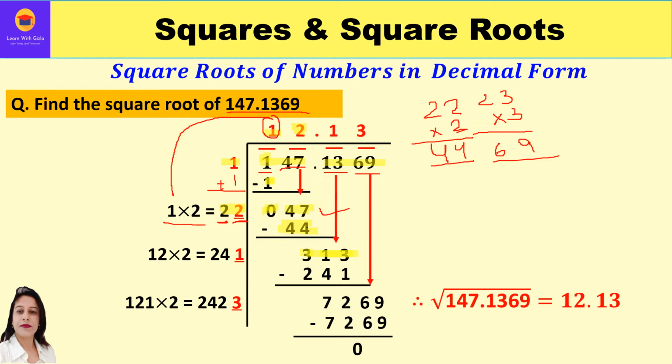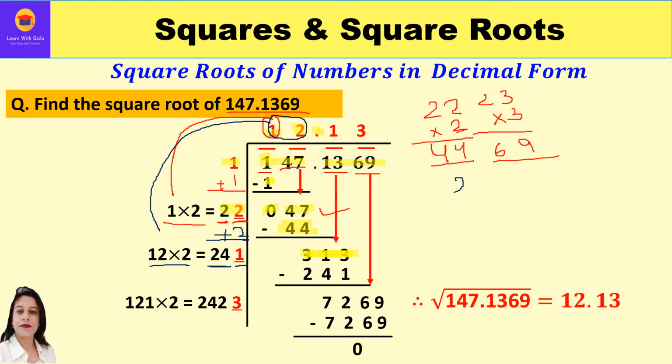Now before we further solve it, we just have to put a decimal point over here in the quotient. Right? After 12 we will put a decimal point. Now to solve 313 we need a divisor. Our quotient over here is 12 now, which we can double. So 12 into 2 is 24. Further keep a blank over here. Another way of getting 24 is you can just add the new quotient, that is 2, to 22. We can get 24.